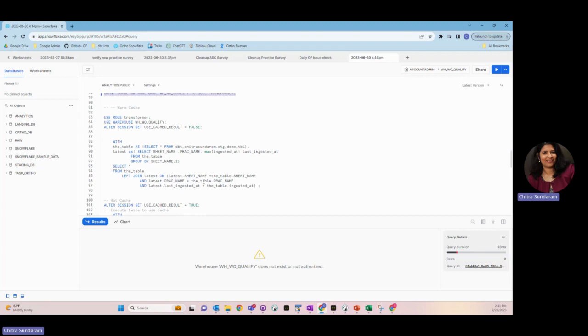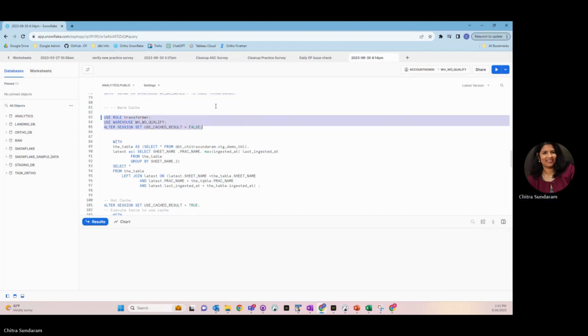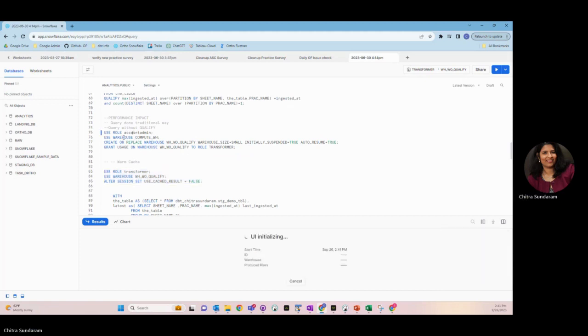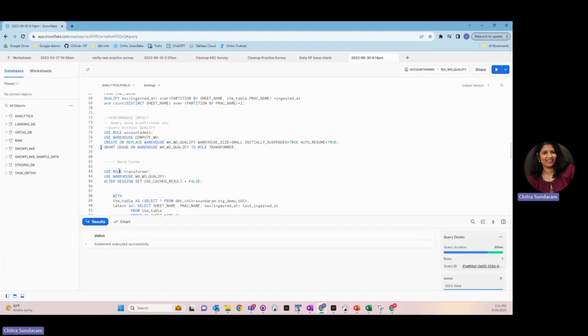And then first I want to run a cold cache on it, so I'm turning my cache off. Okay, so now we are switching our role using the new warehouse,